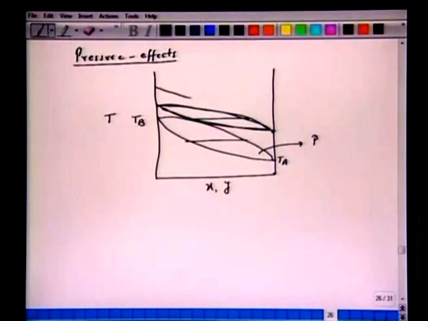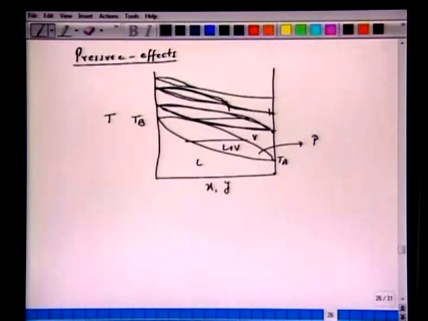If we further increase the pressure, there is a possibility that we might reach the critical pressure of A. In that case, this curve will shrink, it will become like this. So that means now there is no separation corresponding to this zone here. We have liquid plus vapor, we have vapor. Again for the system, only this is a region where we have liquid and vapor. If we further increase, this curve will become narrower still, till we reach a pressure where we have exceeded the critical pressure of the B component. So this is increasing pressure. We have plotted the Txy diagram.